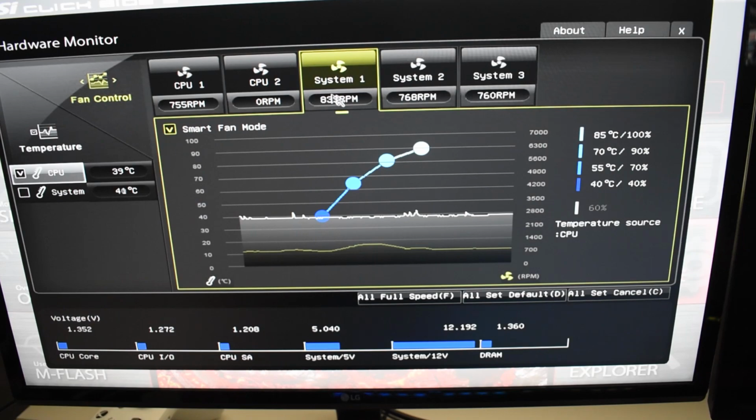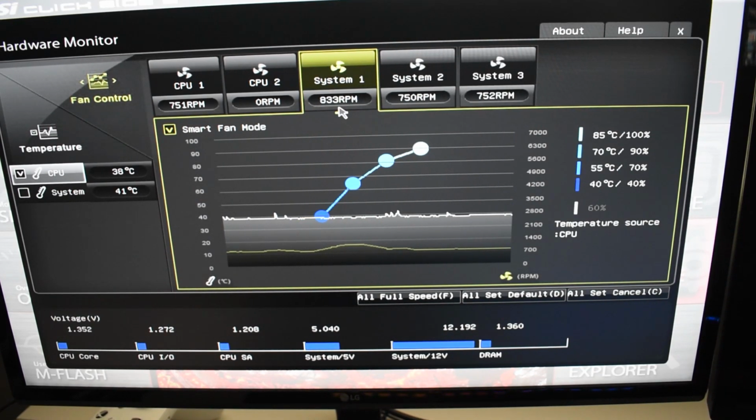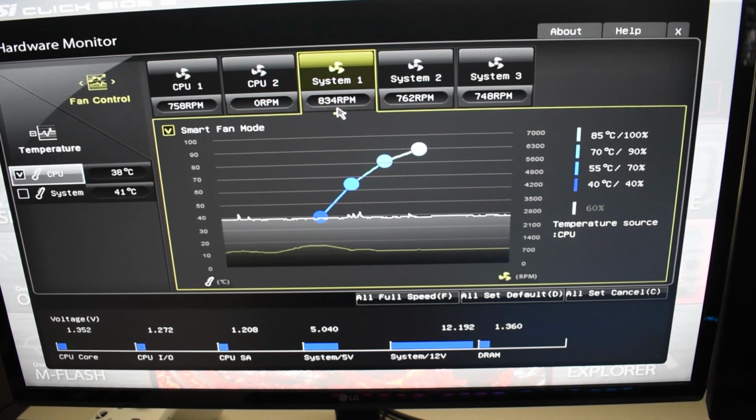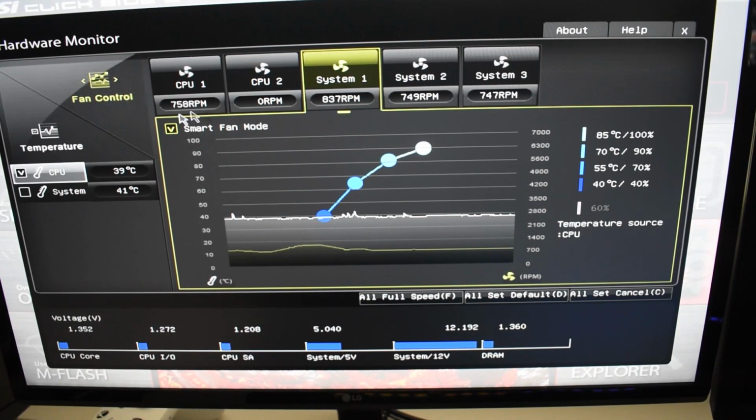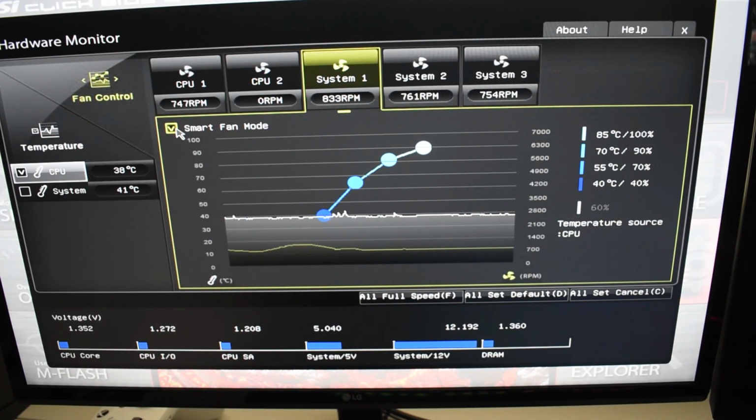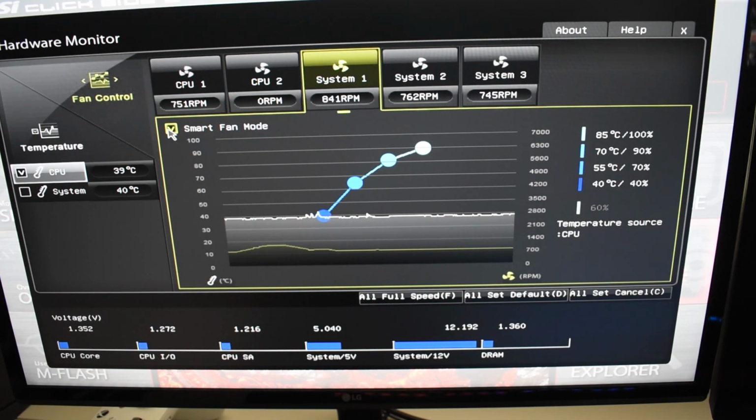So there you go, it ramps up a bit at around 840 RPMs, so really it's dead quiet. I don't know if you guys can hear it, but you probably can't, it is super quiet. It's dead silent. The only reason why I may recommend not turning this on is maybe you don't like the fans ramping up. One of the things that a lot of people complain about with enabling this is that you just need to be wary of, if you do decide to go this route of the Smart Fan Mode or PWM,